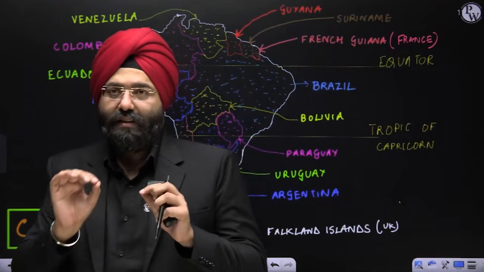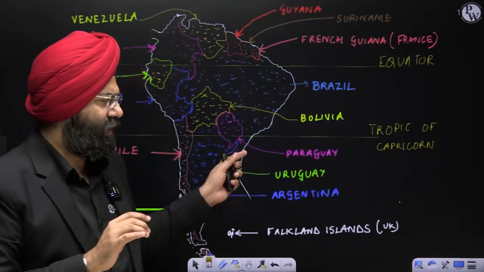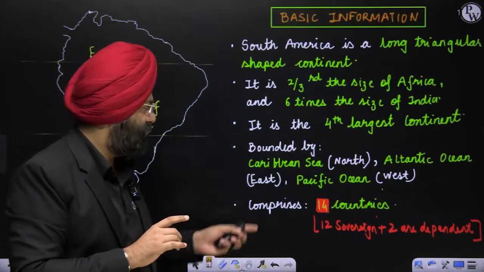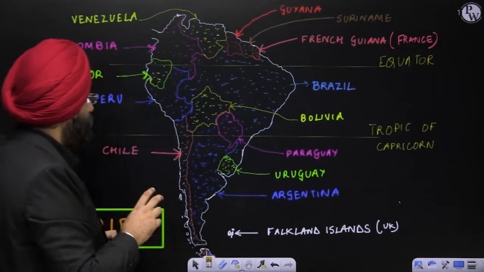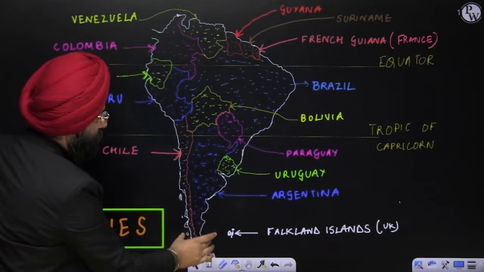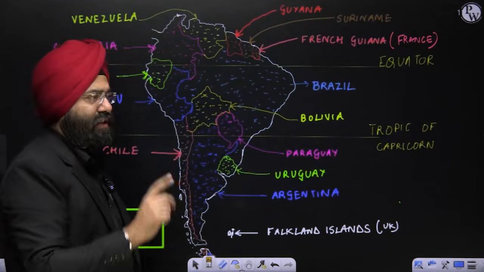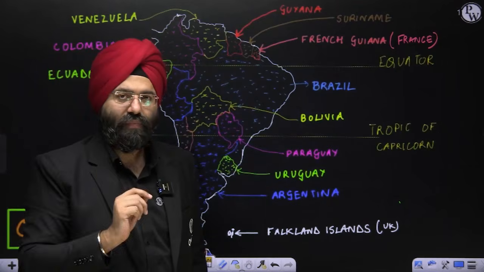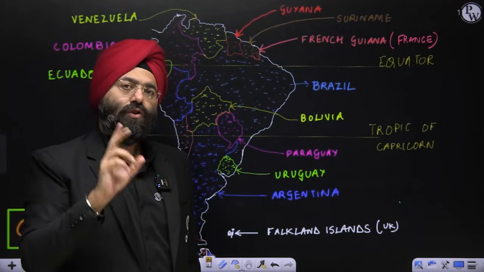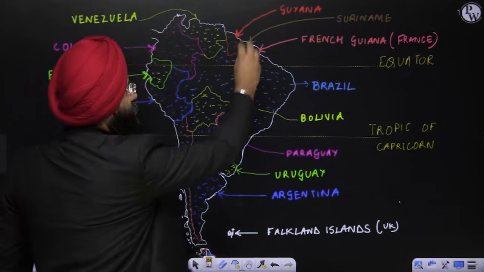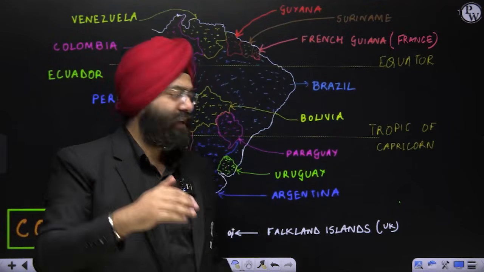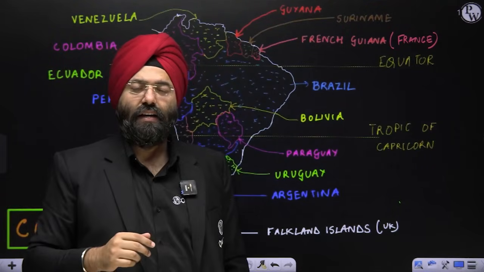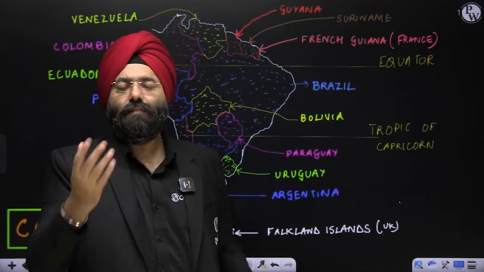Now please understand this categorization. In the previous lecture, I had mentioned 13 here, because certain books do not consider part of the Falkland Islands as part of mainstream South America. That is why they mention 13. Second, they might mention 12 because they might exclude the Falkland Islands and French Guiana because they are not sovereign. They are basically territories of the United Kingdom and France. On the other hand, they might mention 14 as a whole.